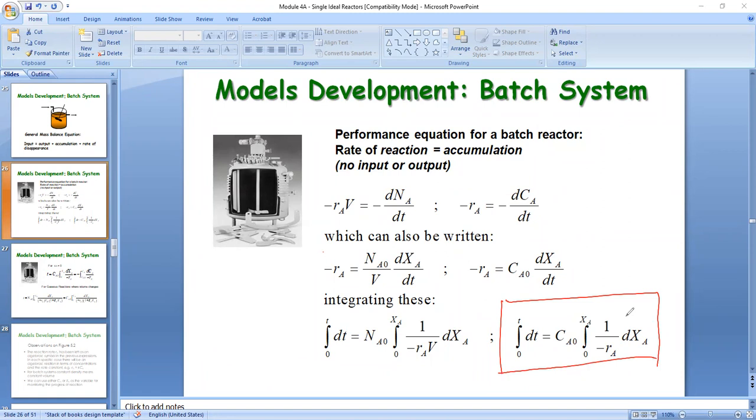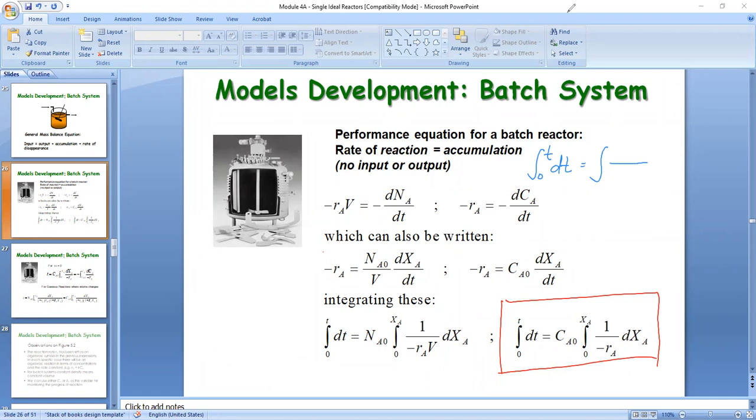What's the performance equation in terms of concentration? The left side would still be the same, so it's dt. What do you think will you have here? So since, thank you, there,